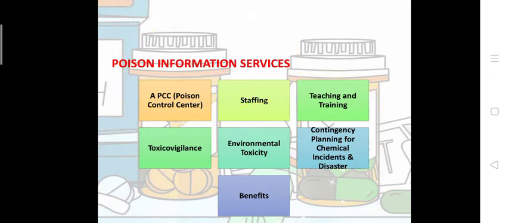Okay, so where do you have a poison information service in Gujarat? We have the National Institute of Occupational Health and Hazard Center in Ahmedabad, NIOH, the National Institute of Occupational Health Center, which is present in Ahmedabad. They have their poison information center, with all these staff working together as a poison information service center. Okay,